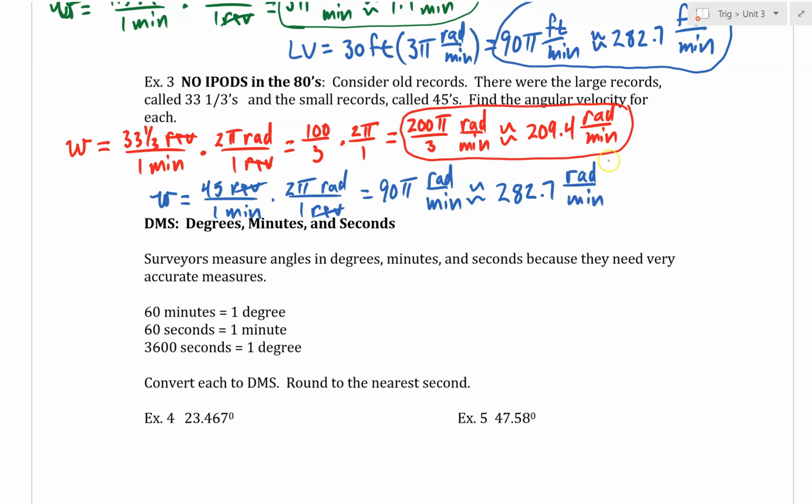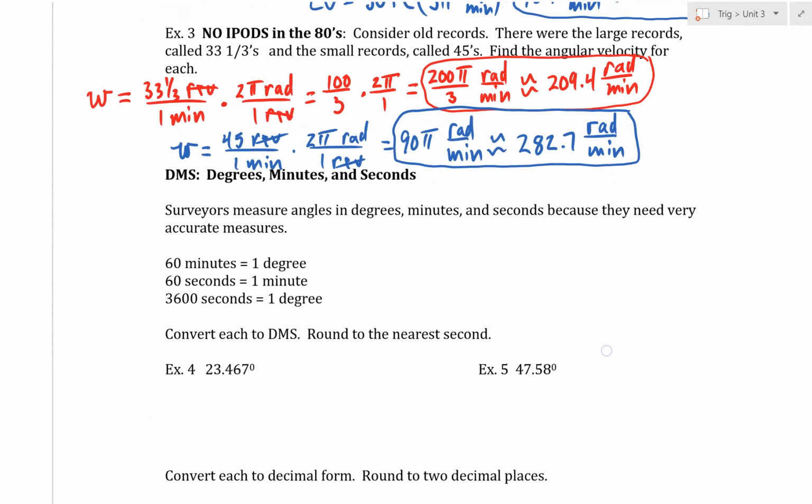Now, those are your answers for the 45s. So hopefully we see the difference here and how quickly one moves in relation to the other. The next part of this,